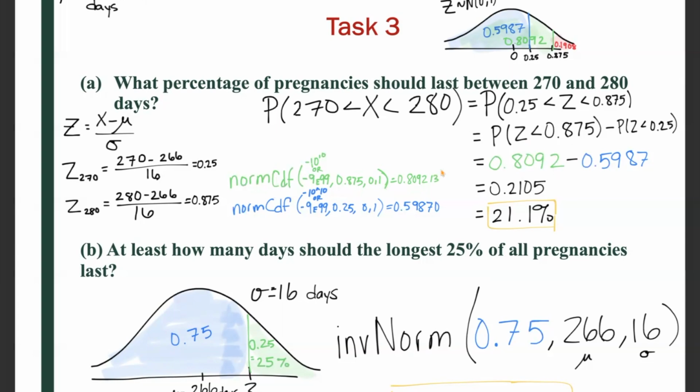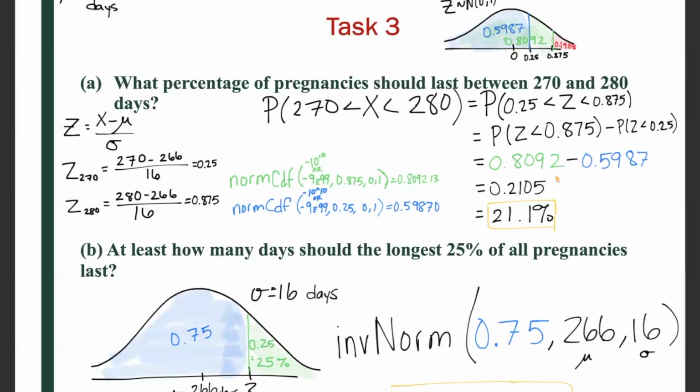Okay, so anyway, you get 0.8092, that's the green region, so that's this whole region here, if you look at my cursor. And then we want to find this region here, this blue region, and then we'll take the difference. So the blue region is from negative infinity to 0.25, or if you don't standardize it, it would be negative infinity to 270. And then standardized, the mean is 0, standard deviation 1. If you don't standardize it, the mean is 266 and the standard deviation is 16. Either way, you should get for the blue region